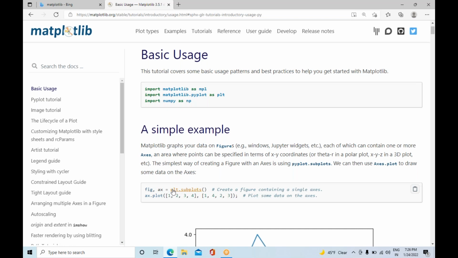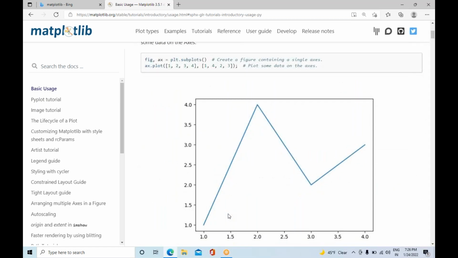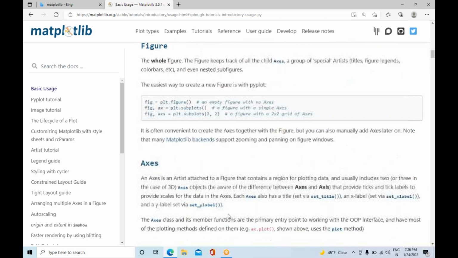Okay, so subplots is the function that can help you create multiple boxes. In this particular case, you are just creating only one box by default. And the next one is